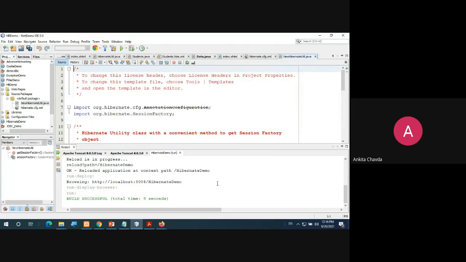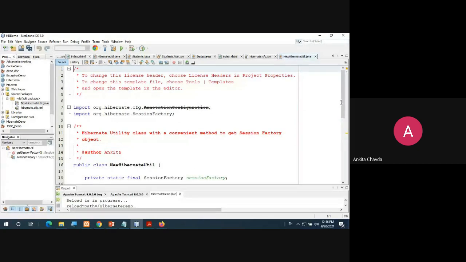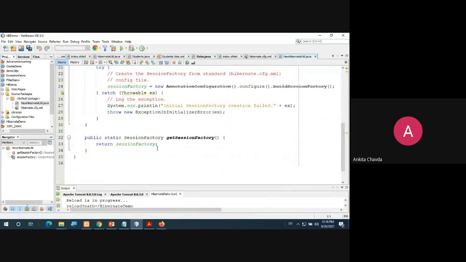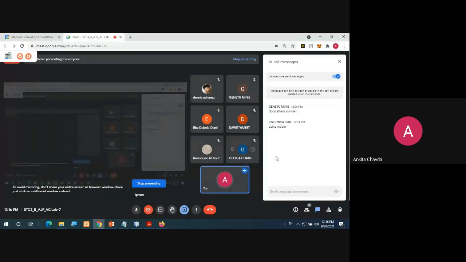So it will directly create such kind of file, which will return the session factory object, which we will use further, right? It will simply return the session factory object. That's it. This is only the task of this file. So we are not touching anything in this. We are just creating, and that's it. Are you getting what we are doing?